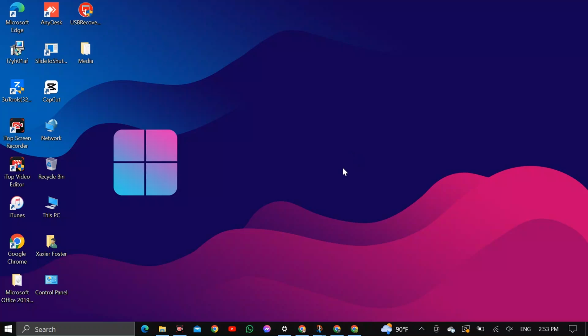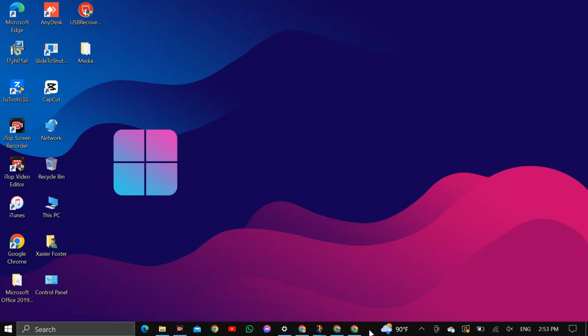In today's video, I'll show you how to turn on Task View on your PC or laptop. Task View is a super useful feature in Windows that helps you manage your open applications and virtual desktops more efficiently. Let's get started. First, take your mouse cursor and move it to the taskbar at the bottom of your